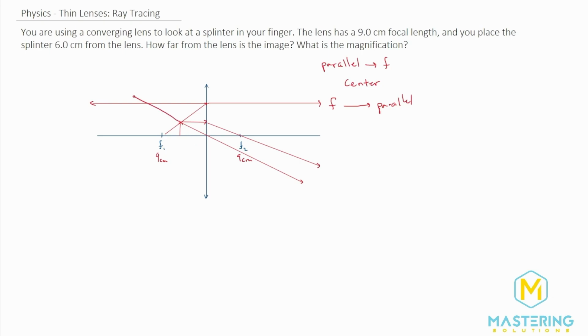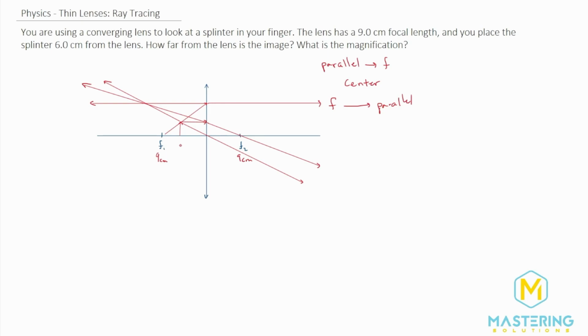Then we'll extrapolate our second one coming from the center of the lens. That looks pretty good. Whoops. Yeah, that's okay. I think I messed it up a little bit when I moved. And then like that. I know that's not perfect. I think I messed up on my focal point distances. If they're not exactly the same distance, it'll mess up your ray tracing.